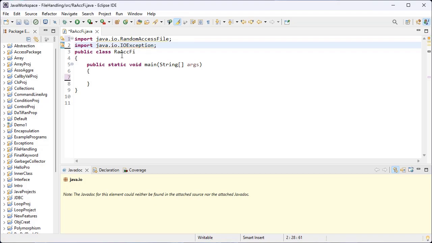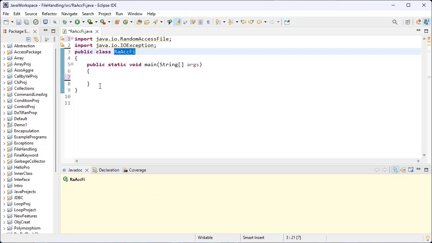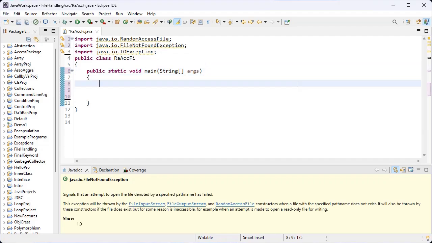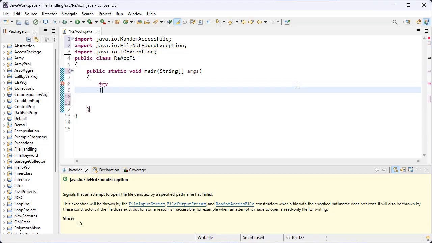Okay, and this is my class name, and inside this class I have created the main method. I implement the exception handling, so I use the try,